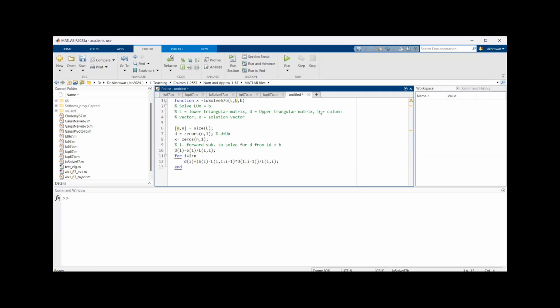And then we end the for loop. Now the for loop will repeat. Start from I equal to 2, from the second equation, and then increment 1, 3, 4, up to the last equation, and we get the vector D filled until the last element. Once you get vector D, now we can perform backward sub